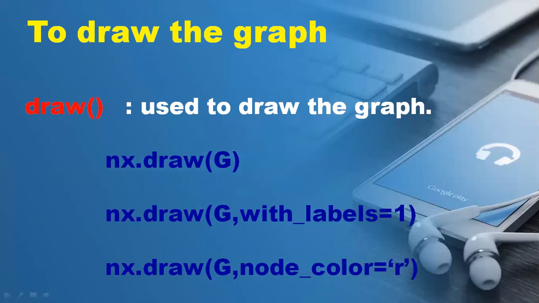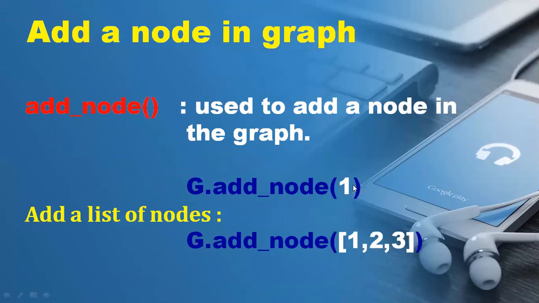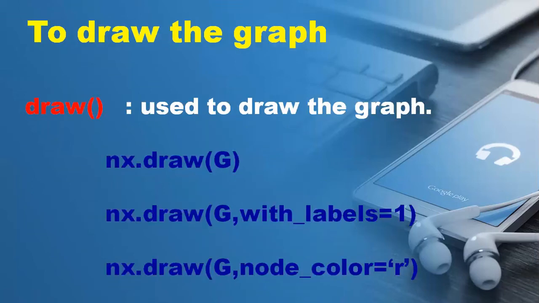Then there are other options also available here. If we want to give labels to the nodes, then we can use this option with underscore labels, and here I can pass 1, or I can also pass True where T is capital. So it will give labeling to the nodes. As you can see in the previous slide, the node names were 1, 2, 3. They will not be visible until and unless we use this with labels